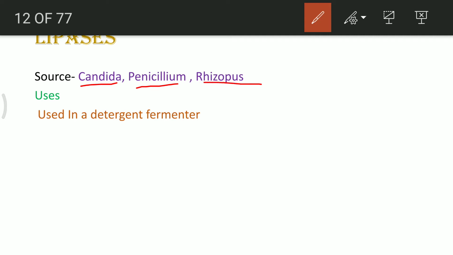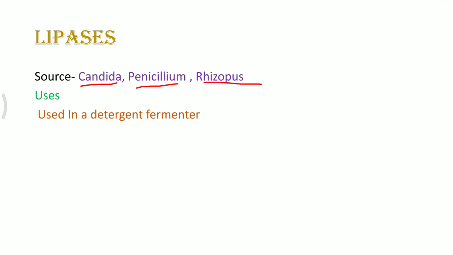Penicillium and Rhizopus. I'm underlining them because I forgot to underline them. And you should remember how to write a scientific name. Three of them are fungi, and from them lipases can be extracted. These lipases are used for production of detergent,